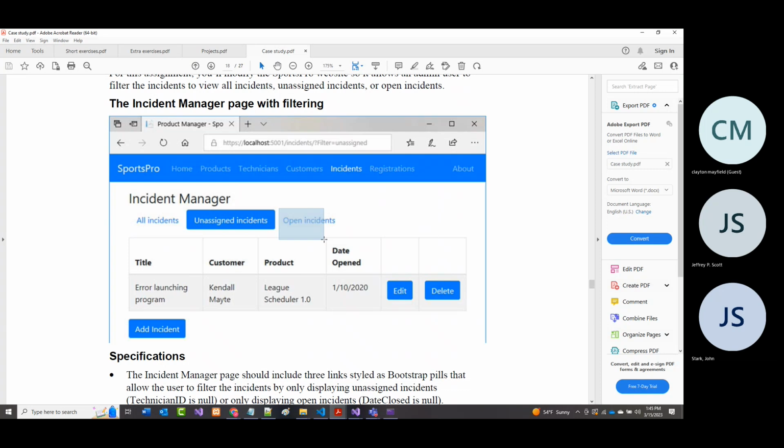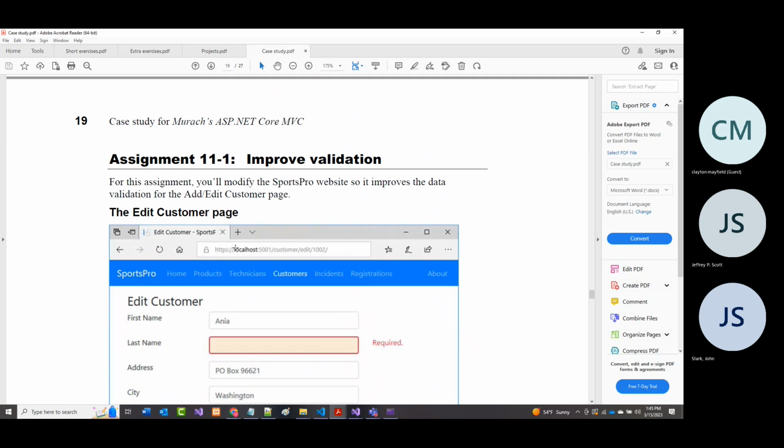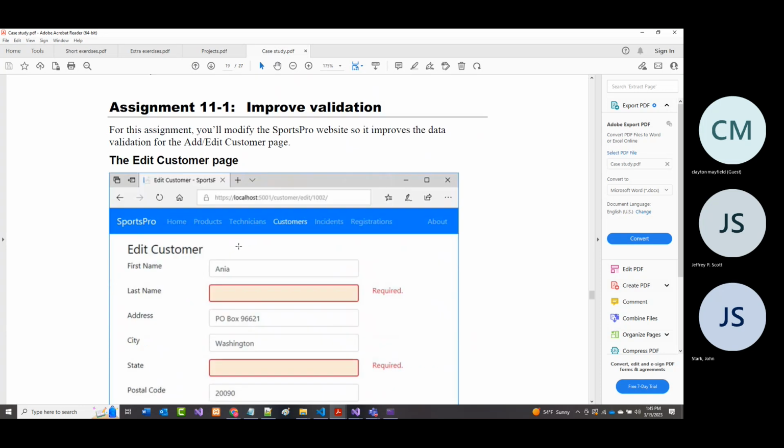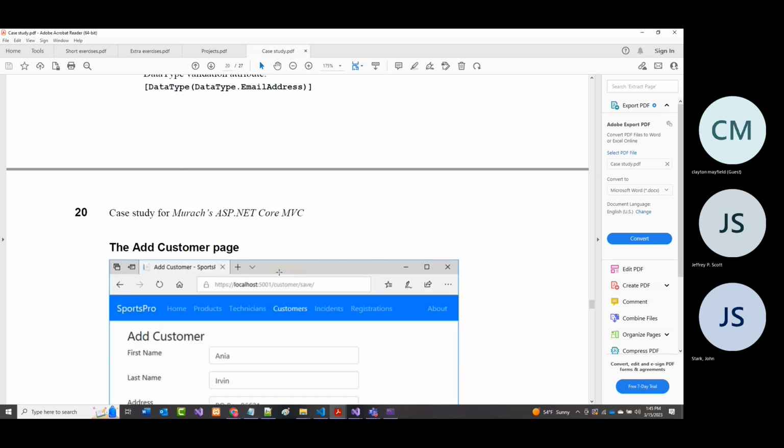And then we've got open incidents like this one, that have been assigned, but haven't been completed yet. And then finally on 11, as it says, you are to improve validation. You should hopefully be able, like with the customer here, just to use exactly what we just went over in the chapter. And hopefully that'll make some sense as far as what you have to do.